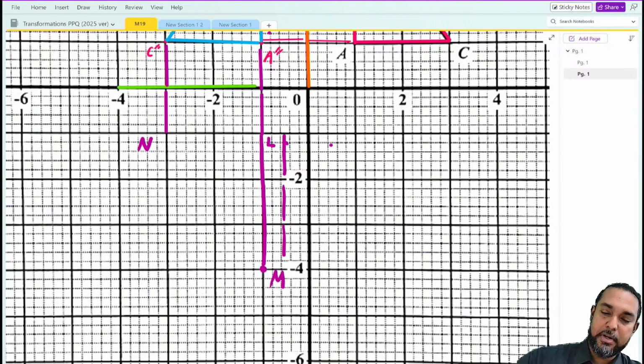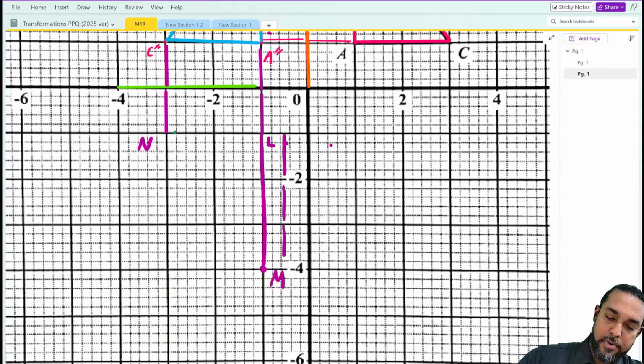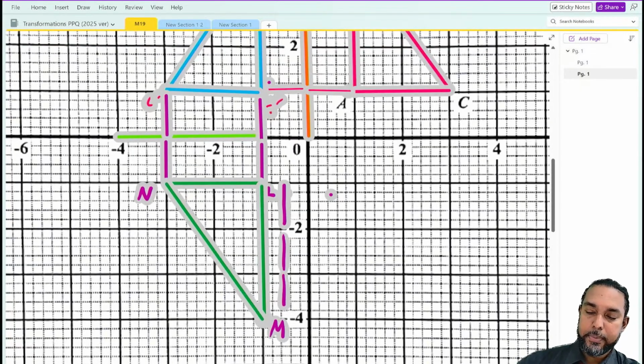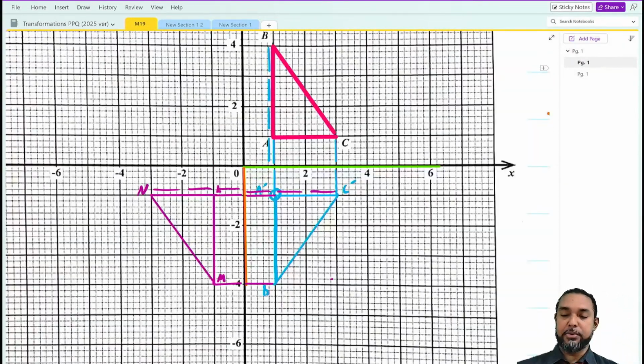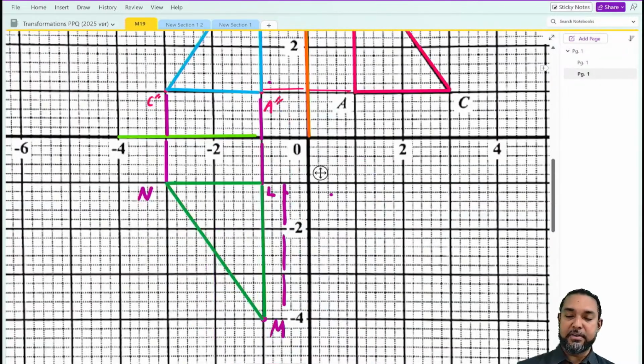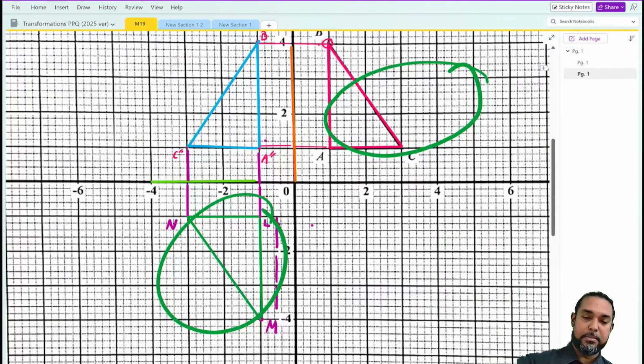So let's close it up. Actually, no, I can't use the same color as the guideline. So a different color. Okay, let's use the other green. Is that darker green easily visible? Right, and we happen to end up at the exact same spot. Whether you reflect in X then Y, as the actual question asked, or in Y and X, as I had you practice, you get to the same spot, from the top right-hand side to the bottom left-hand side.